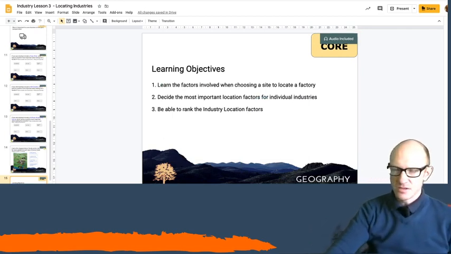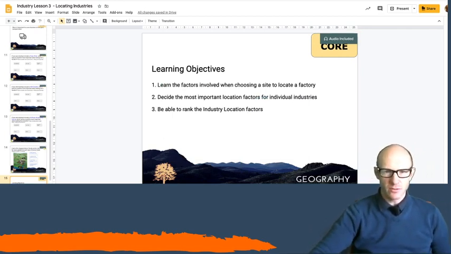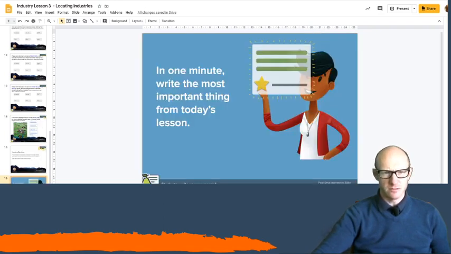Then we get to the end, and so you should have learnt the factors involved when choosing a site to locate a factory. You should have learnt what the most important location factors are for each individual industry, and you should have been able to rank the industry location factors. There's a lot of factors in all this. Once you've done that,